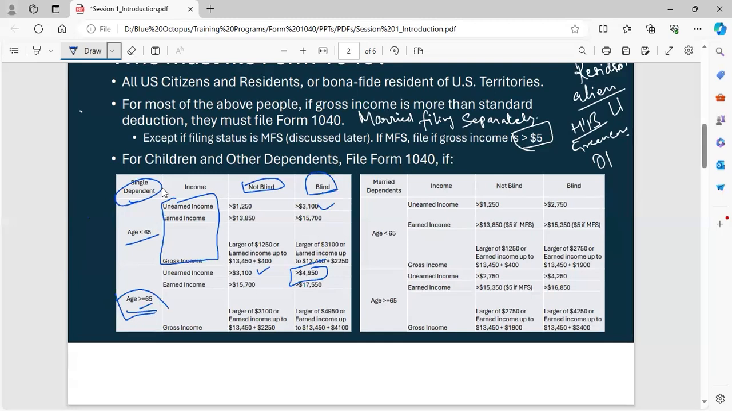Similarly, if the person has earned income, that means wages or business income, of more than 13,850, which is the standard deduction, basically. If the earned income is more than the standard deduction, then the dependent obviously has to file the return. Or if the total income or gross income, including unearned income and earned income, is more than the larger of this 1250 or 13,450 plus 400, earned income